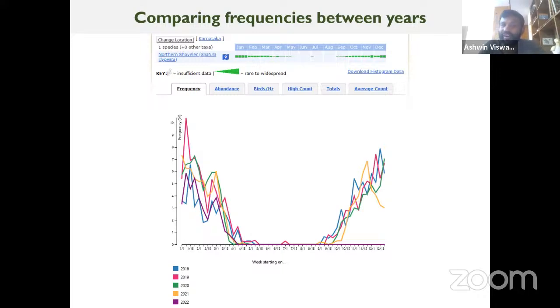Now here I've shown one species where there isn't so much difference between the years. But actually, if you look at some other species, if you look at buntings, if you look at common cuckoo, I want you to go to that and look at that. Look at those species because you'll see that there are huge differences. There are years when they come in very good numbers. There are years when they come in very, very small numbers. Why that happens, nobody knows.